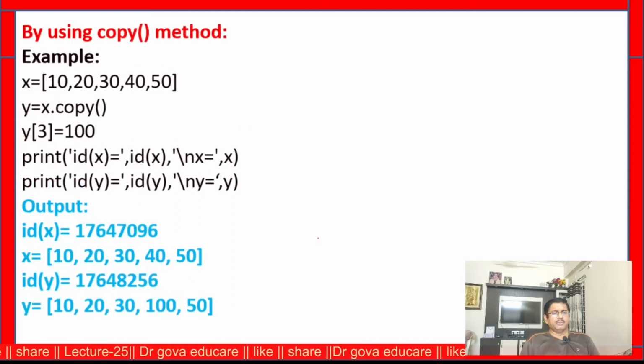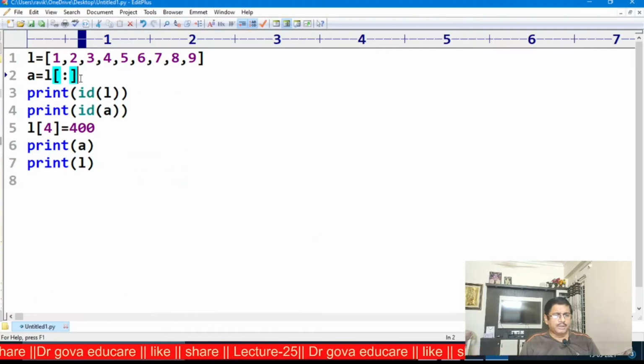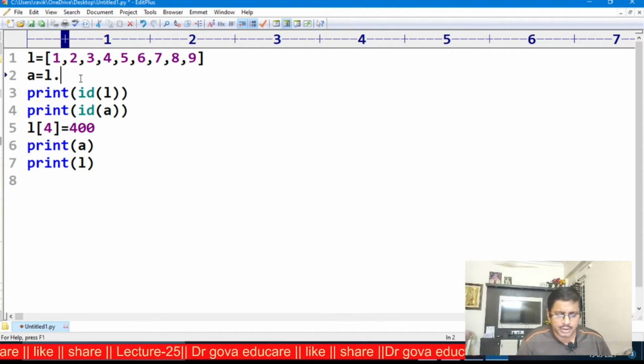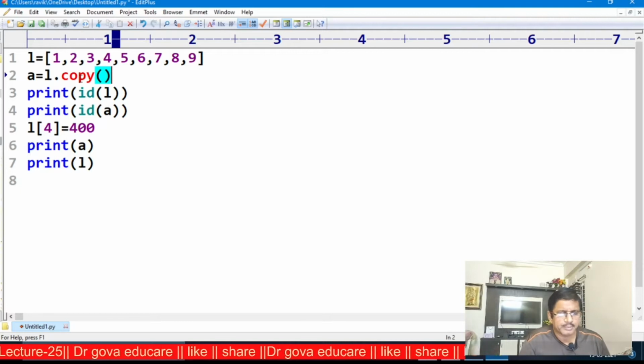Next, by using the copy method. Now x, this is the list, y is equal to x dot copy. Only I am using the copy method, that is the entire x will be copied to y. Now in this case also x and y are two different objects. Now here I am using the same L dot copy method.